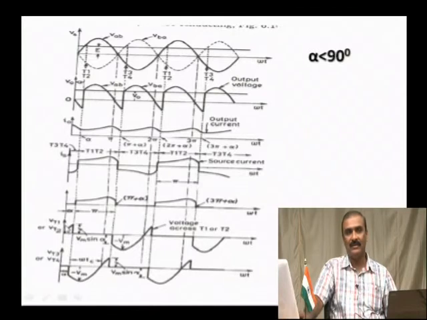I said you have to commutate the thyristors. When you are going to commutate, yes, this waveform will come to your help. So when it is getting commutated, you can see here, this is negative voltage applied. So now this pair is getting commutated here, you see the arrow mark, and here it is getting commutated during the next cycle. So these waveforms are very educative and very informative in fact.